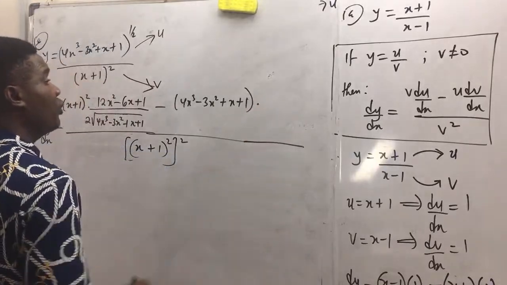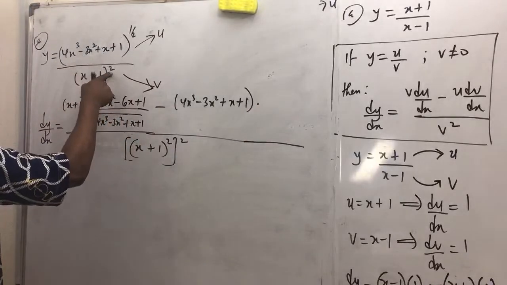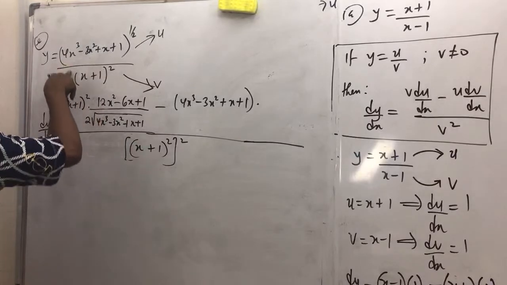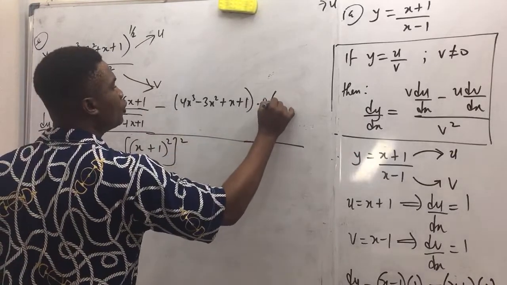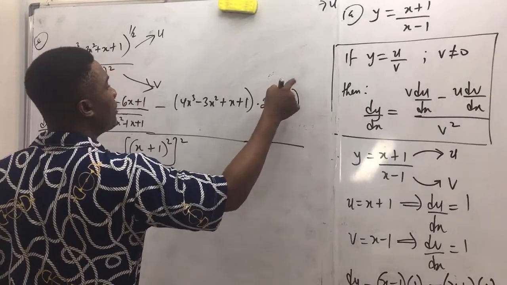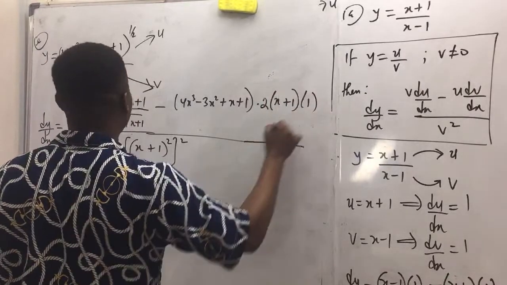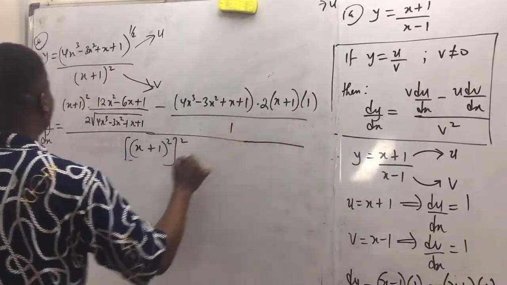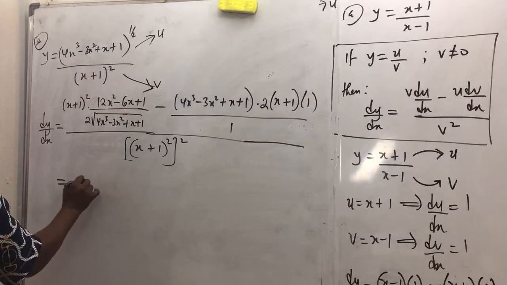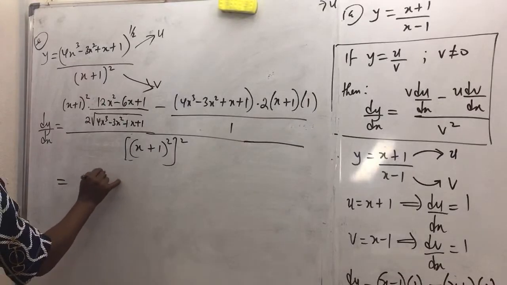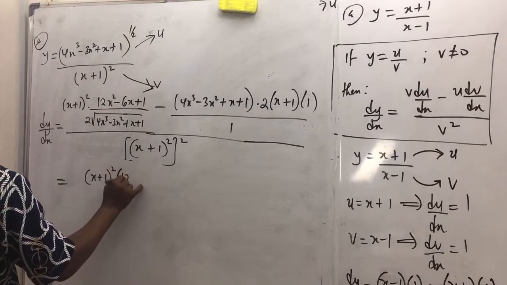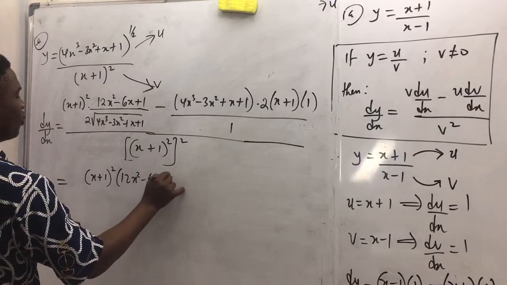rather chain rule. You are going to differentiate the outer function, 2 times the coefficient, which is 2x plus 1 raised to power 2 minus 1, which is 1. Then differentiate the inner function, you are going to have 1. Okay? So that will end up giving us all this over 1. So you can write your result as x plus 1 all squared in bracket 12x squared minus 6x plus 1